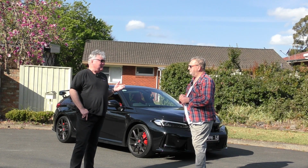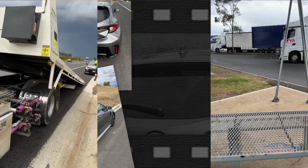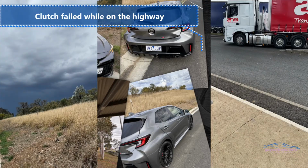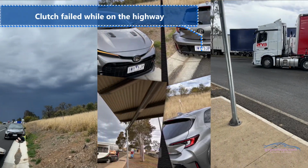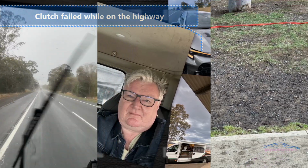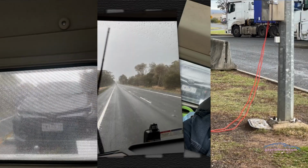The GR Corolla. What'd you do to it, Alan? What did I do, you may well ask. Look, here's some pictures. This is what happened. I drove it to my place, and then from my place out to the highway where you see it now. And the clutch, she's a no work. She's a no work. Do you think that perhaps some of the lads might have given it a bit of...